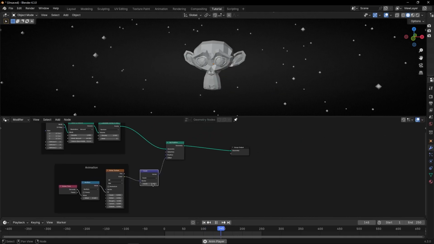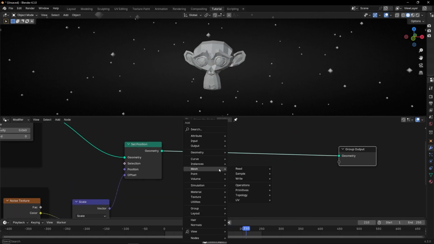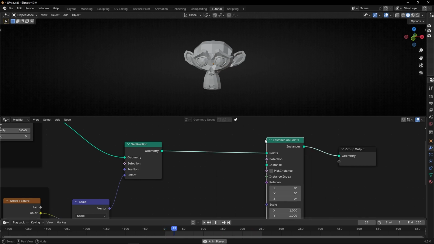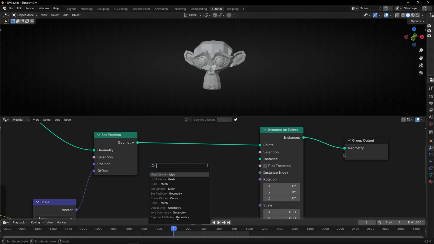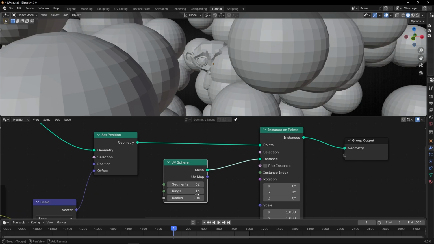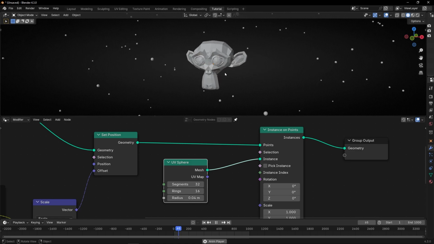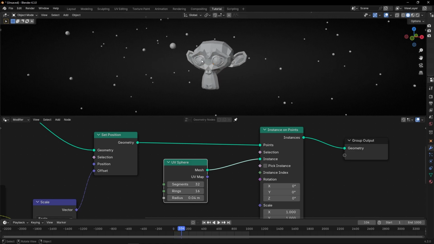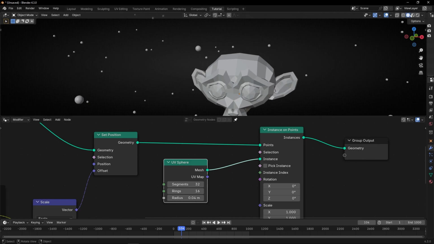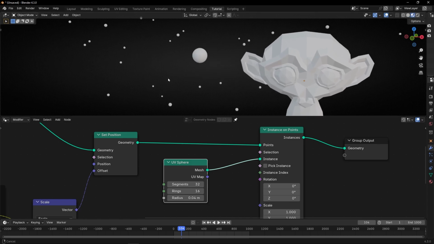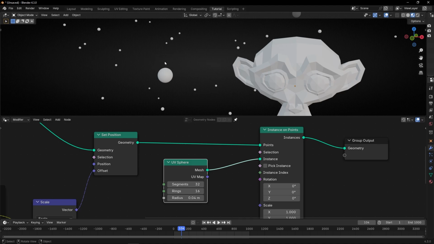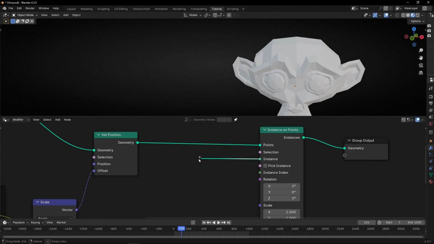And now let's give an instance to these particles with instance on points. I'm going to increase the time by 1000. And what you can do is use, for example, UV spheres, make it a little bit smaller. It's okay, but I want to show you a little trick on how to make the particles blur without using depth of field. But to do this trick, instead of this, we need to use